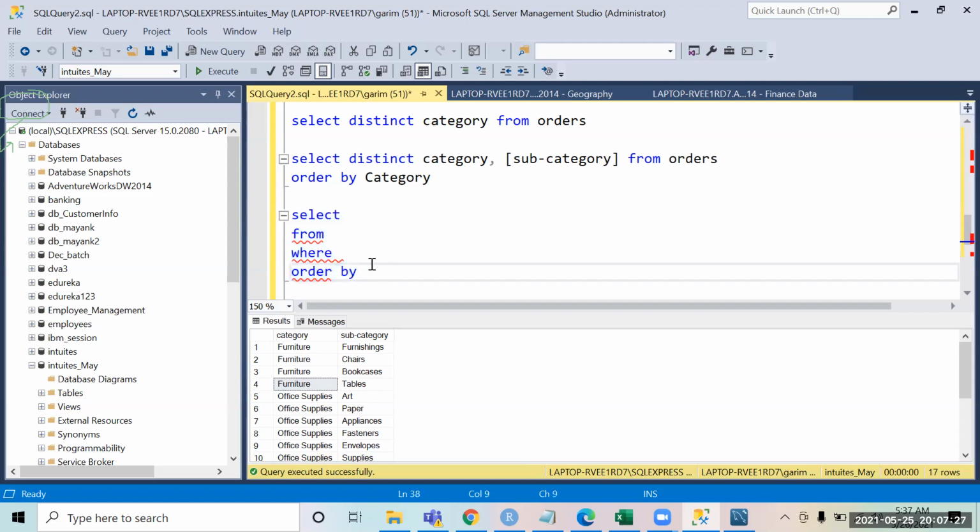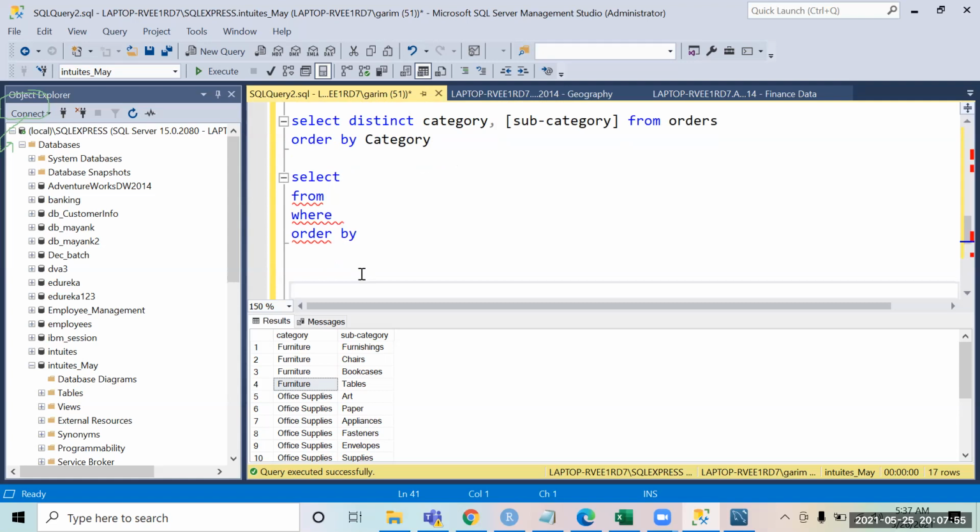If you don't want to use order by, you can remove it. If you don't want to use where, you can remove it. But you cannot interchange the where and order by. You cannot say select star from table, order by this, and where this. This is the sequence in which we write the query. There is also something called the logical sequence in which SQL executes the query, which I will tell you in just a little while, once we do two or three more commands. Now we are going to talk about some of the aggregate functions.